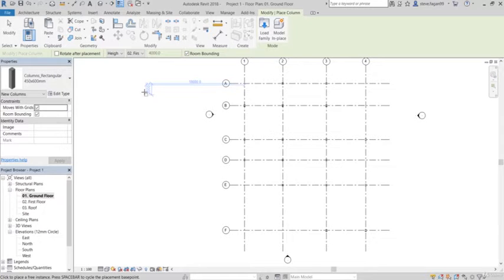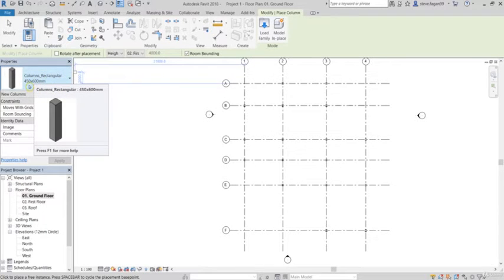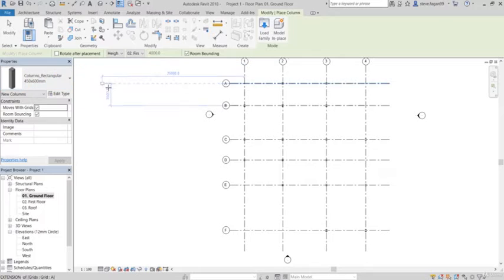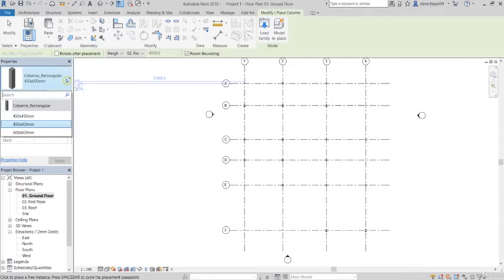But with the structural column, what we did is we used the column which has been provided to us by Autodesk. So it's like the default one in the type selector. What we want to do is change to our architectural column. As you see here in the type selector on the left hand side in the properties palette, it's currently set to columns rectangular 450 by 600 millimeters. I want to change that to 600 by 600, and how we do that is we'll select the type selector,